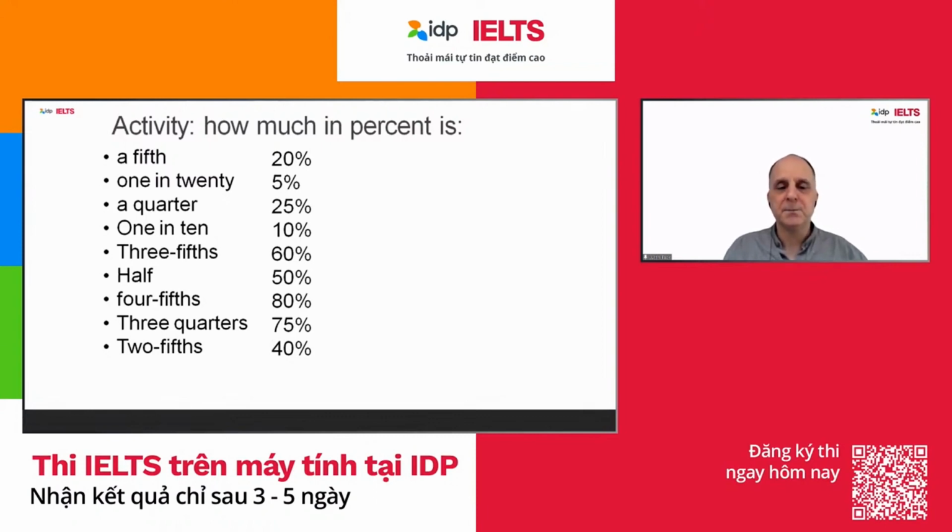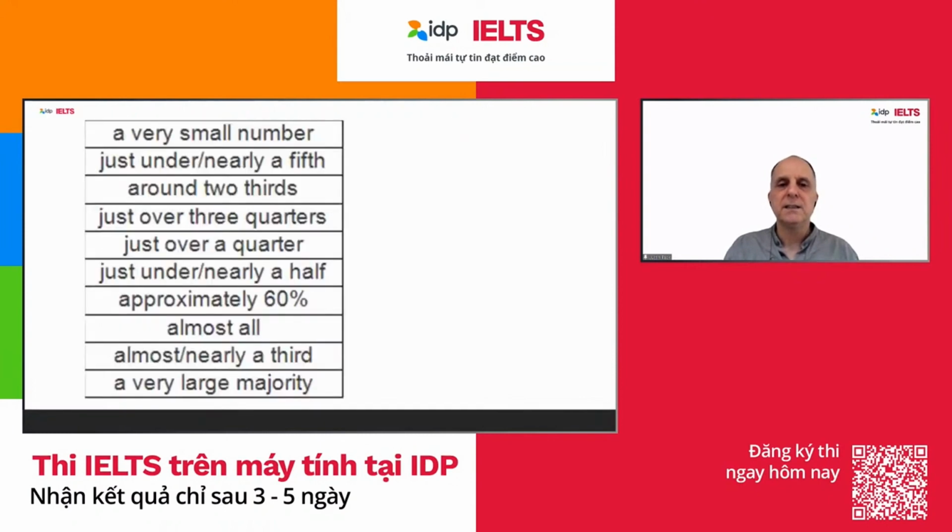But remember that for many of these, they will not be exactly 20%, say 25%. So instead, we need to use approximations. So for this time, think about what the percentage is and where does it match on here. So, for example, 49% is which one on the left side? Okay, that's it, nearly a half. Very good. 5%